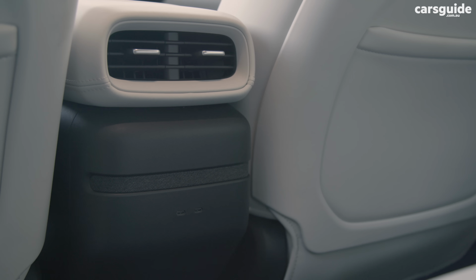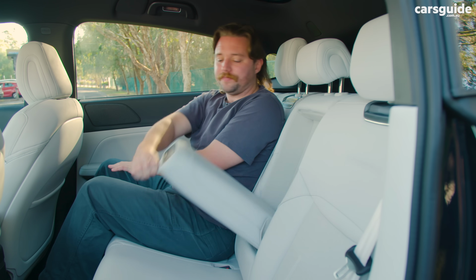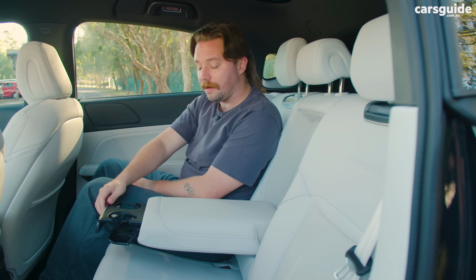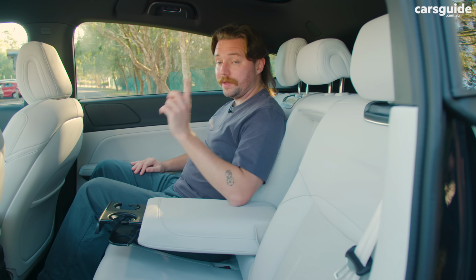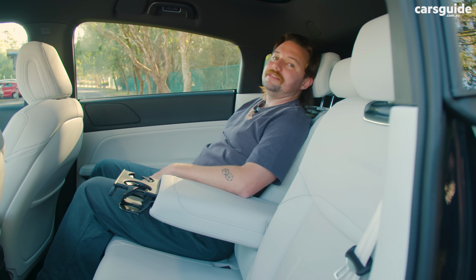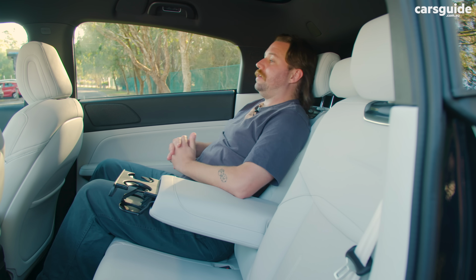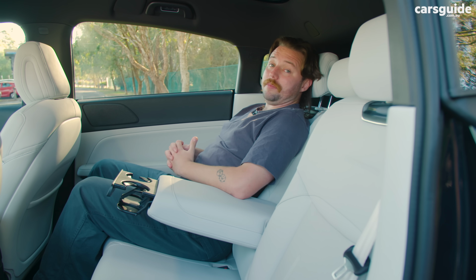that way. There's also a couple of USB-C ports back here as well, and this armrest has this nice little pop-out cup holder rather than one that sort of takes up some of that elbow space too. Also, there's actually a pretty easily accessible seat for you to be able to adjust the backrest. So if you're on a long road trip, you can kind of settle in and pick yourself a pretty comfortable